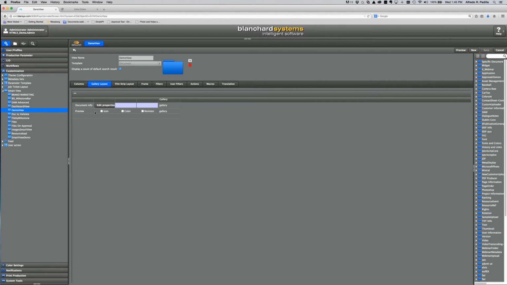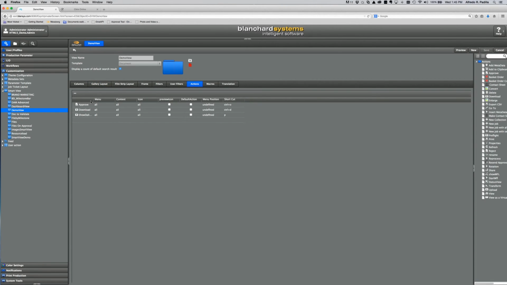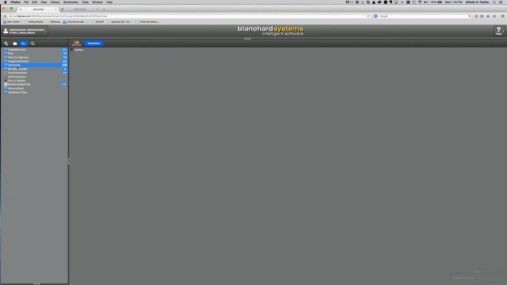Directly from a smart view? Right. Yes. It's a file. Yeah. If you go to a smart view, basically, and you go to your actions, approval is one of the actions that you can put on. So approve, or I could drag reject in here as well. Drag reject in, so I'm approving, rejecting, and now if I go into my demo view,